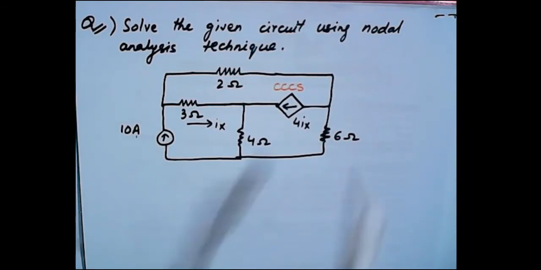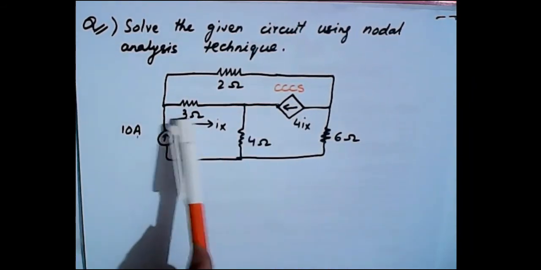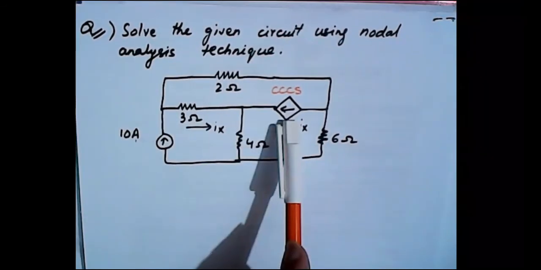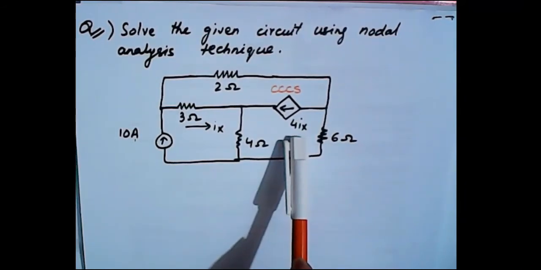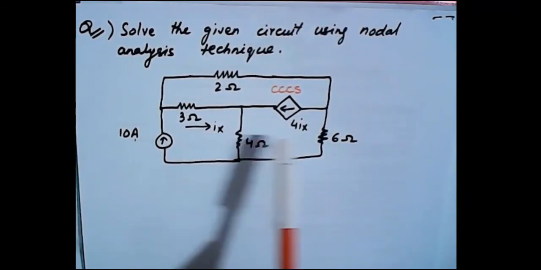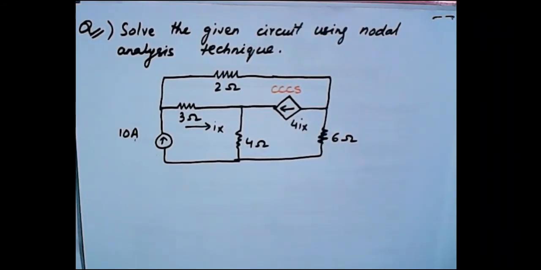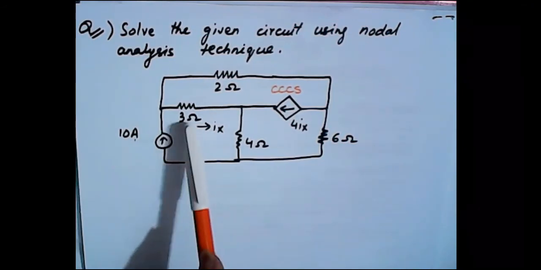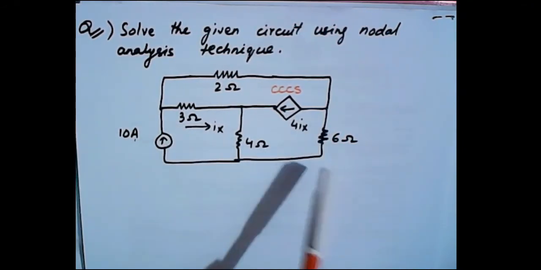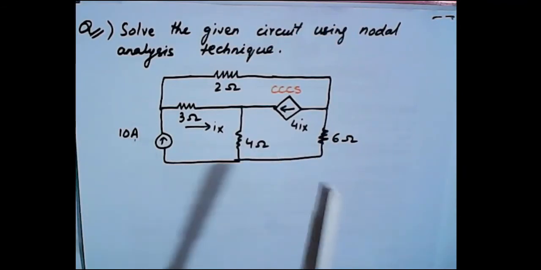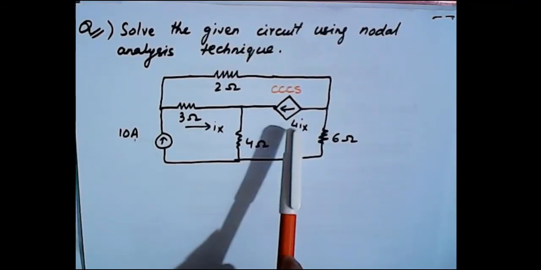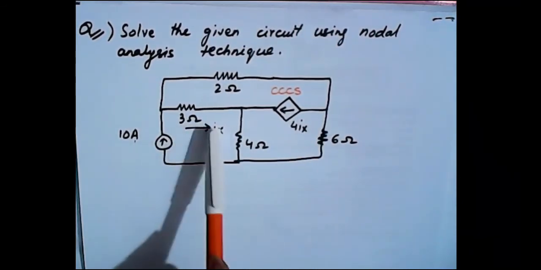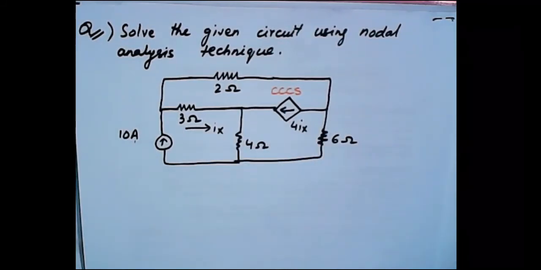Now you can see that this current Ix is basically the current through the 3 ohms resistance, and this current is controlling the magnitude of the dependent source. The higher the value of this current, the greater will be the magnitude. So its magnitude is not constant, it is a multiple of the current in the 3 ohms resistance branch. That can be a divider also, that can be an adder also, but the important thing to understand is that this is a dependent source whose output is dependent upon another element in the circuit, right?